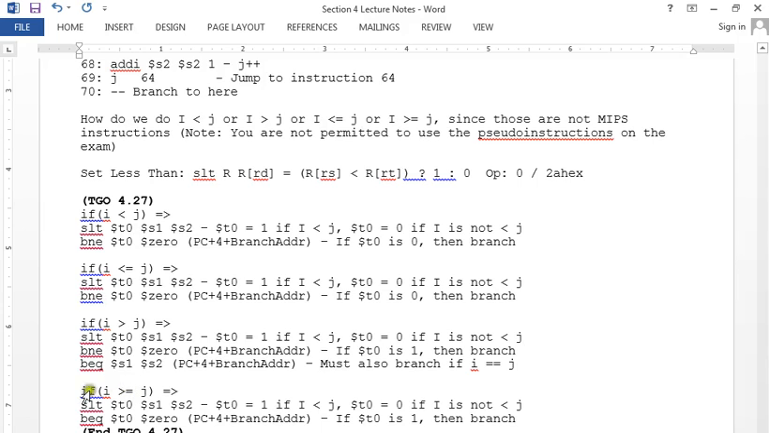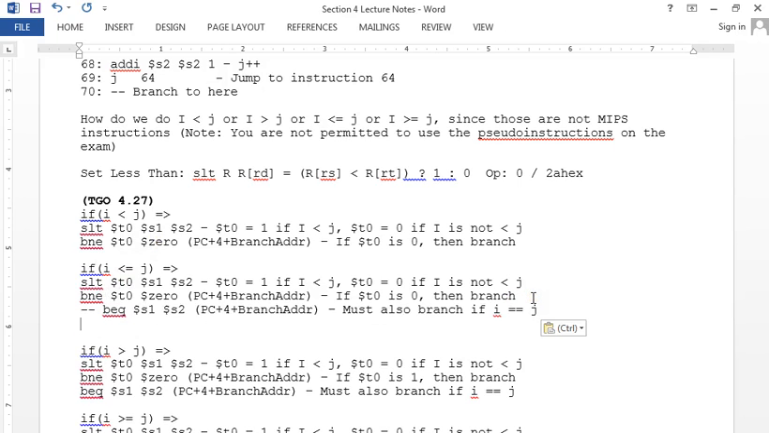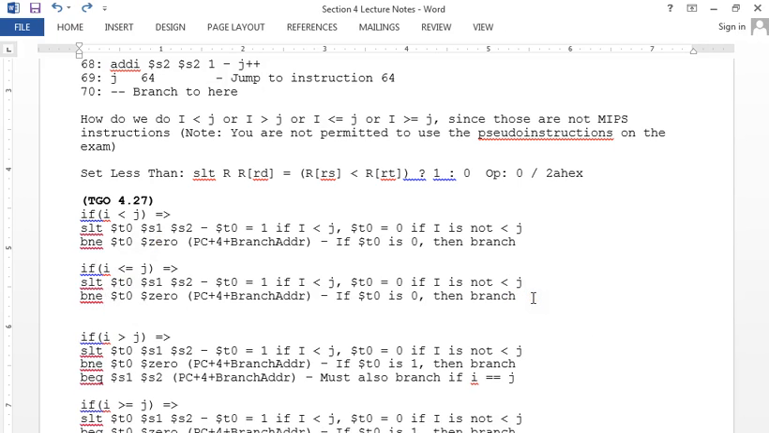We want branch if not equal, meaning if it's less than automatically. But then we want to account for a third thing. We also want to account for the fact that in this case we're branching if it's less than here, but we also have this case where we don't want to branch if it's equal. So, yeah, there we go. Branch not equal. S1 and S2. So we set less than here. If I is less than J,